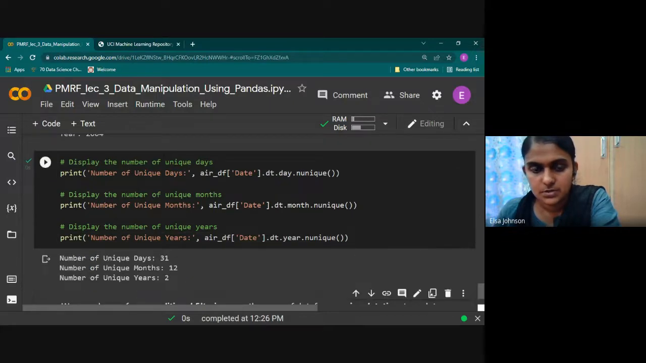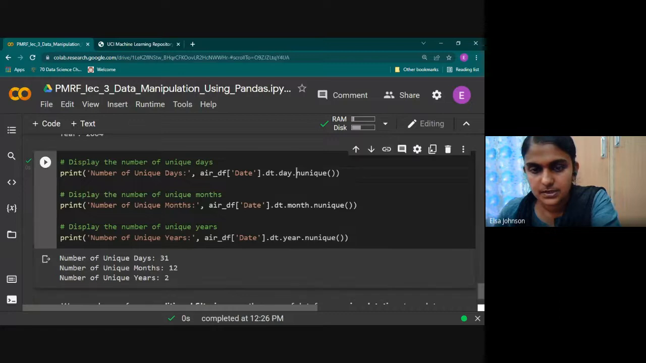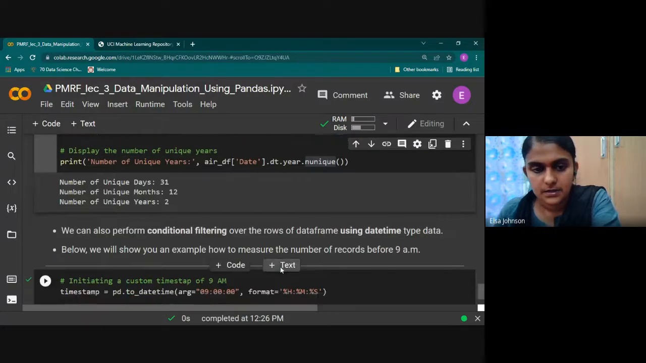Actually, I'm just showing here. The number of unique days will be 31. This is the command for getting that. Okay. Now